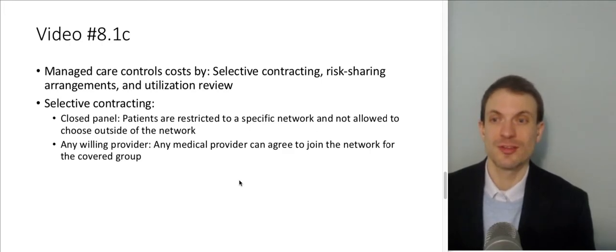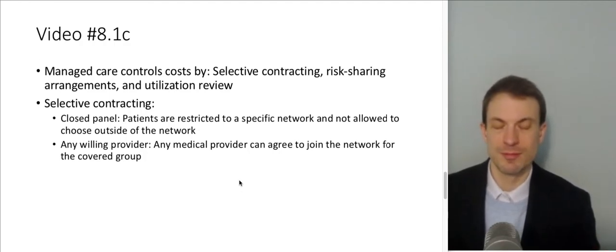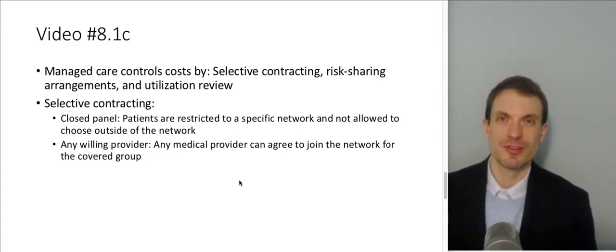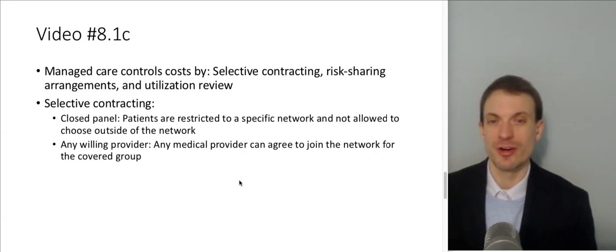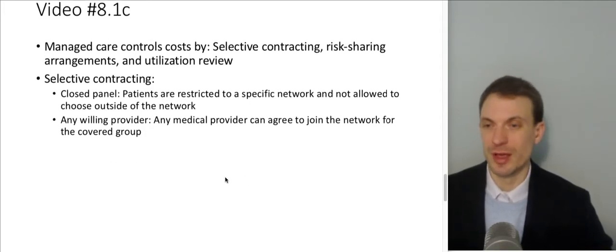The structure would be a closed panel for which medical providers are able to contract with the organization. In this case, patients would be restricted to some specific network and not allowed to choose outside of the network. And the capitated payments would go only to those network providers, of course, and there wouldn't be any funds for those out of network. Any willing provider would be a situation where any medical provider could agree to join the network for whatever is going to be the covered group and then receive the payment, but then have to administer the necessary